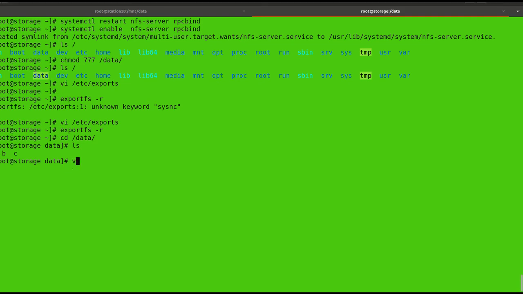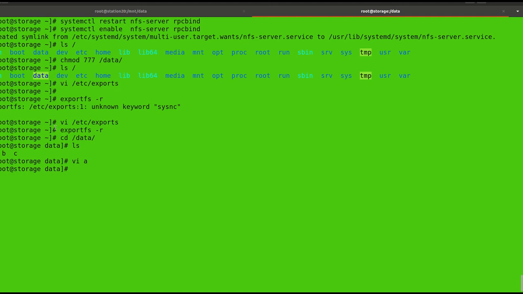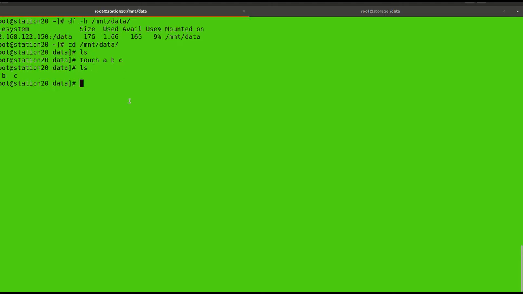If you open file A and put something in it, hello hi, and save it on the client where /data was mounted, you can see the same data present here. So that is the concept of NFS.